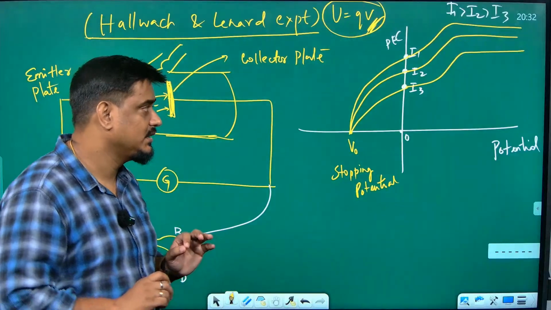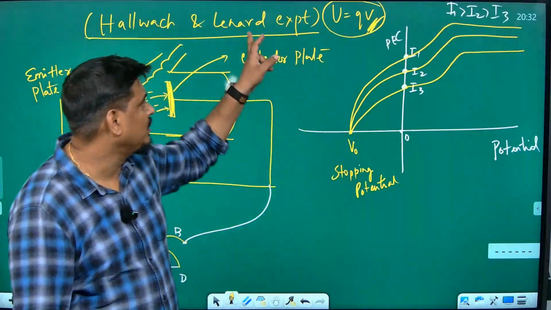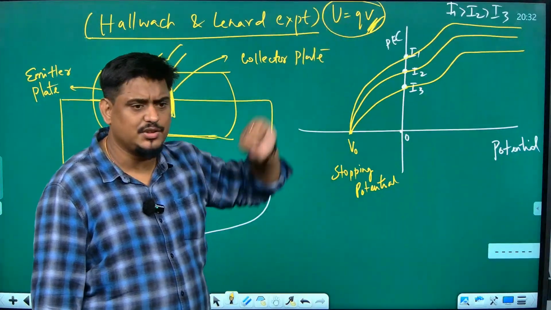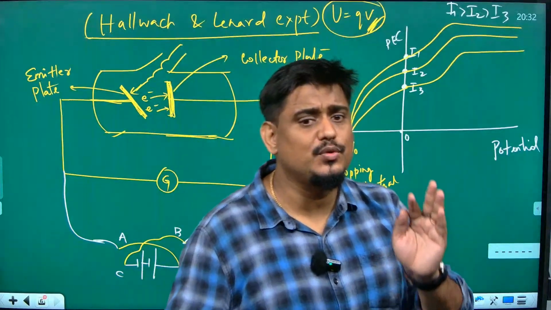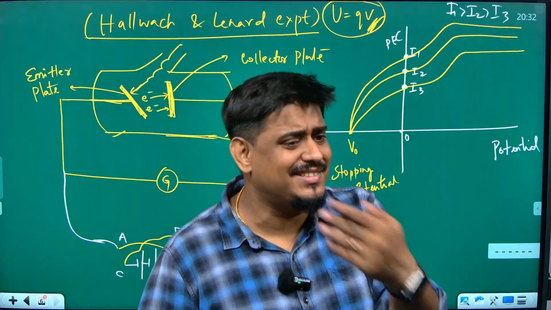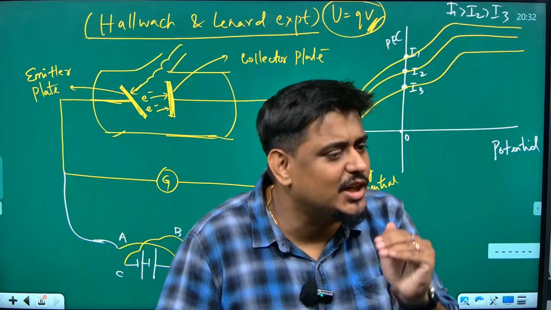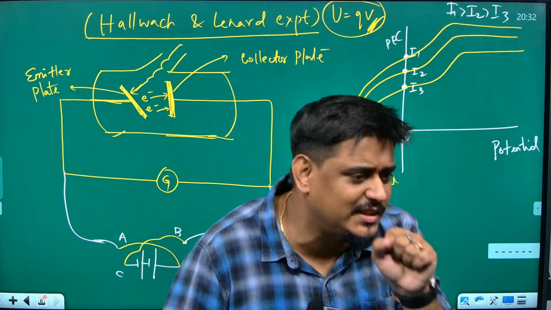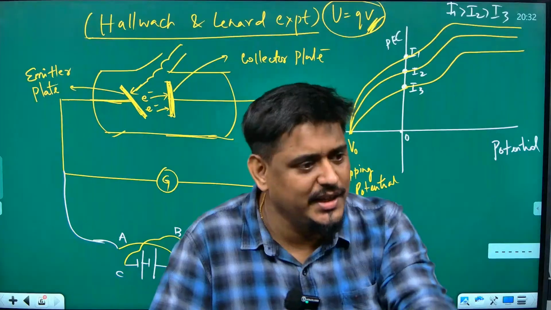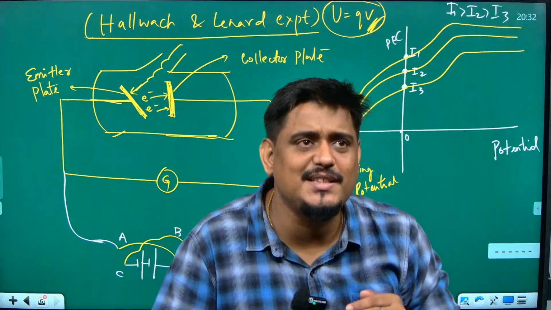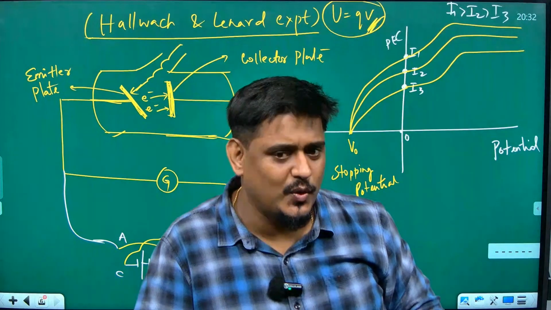But the energy required to stop them is the same. I just now told you that this potential becomes energy, QV, isn't it? If the energy required to stop all these three intensities is the same, it very clearly means that how much energy the electron was possessing is also the same in all three. If how much energy you need to stop the electron is the same for all these three, it means the energy they possessed was also the same in all three, which indicates that